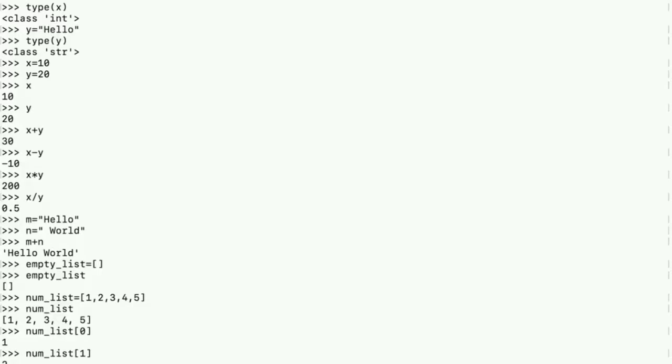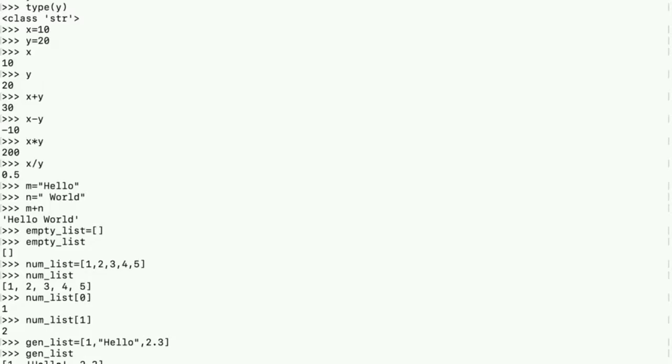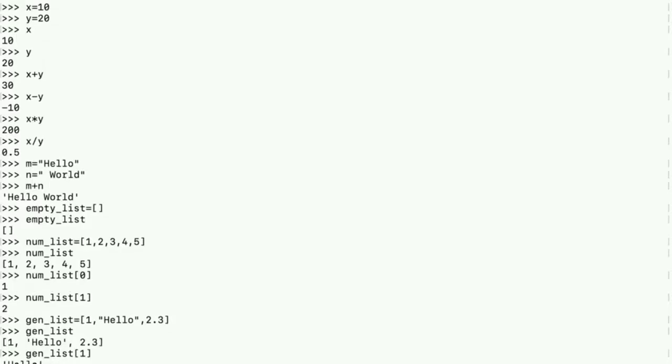For example, I'm going to declare another list, a generic list, and I can have an integer, a string, and a float. So if I say genList, it's going to print 1, hello, and 2.3. If you want to print hello, then the index of hello is 1. genList of 1 will give me hello.